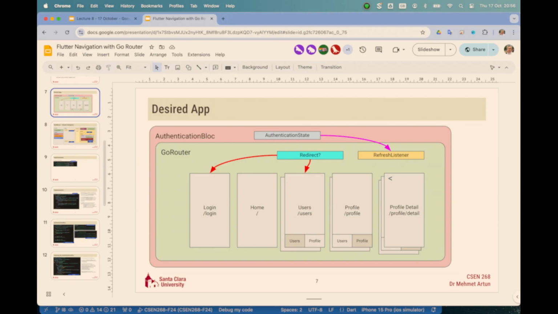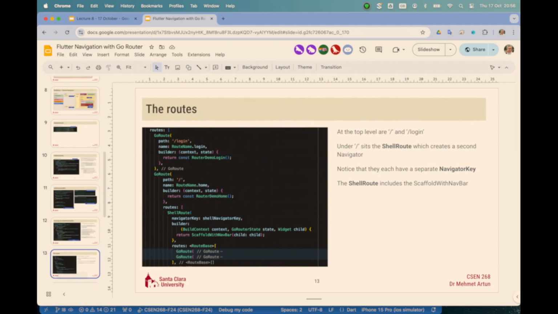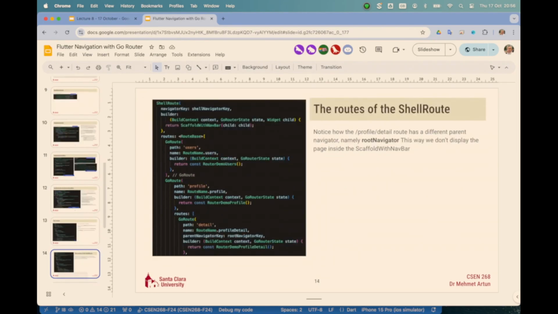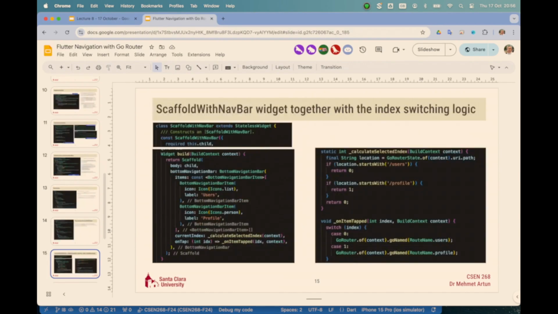So the body of that scaffold navbar is whatever we need to display,